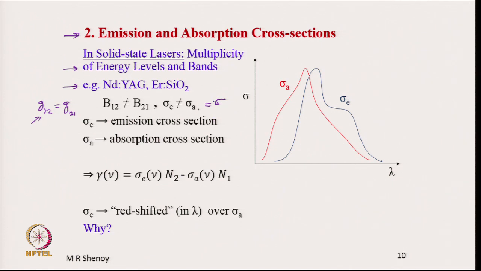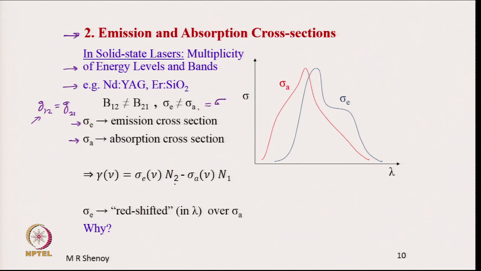But now we are saying that in most of the solid state lasers, where the energy levels are not discrete non-degenerate levels, we have sigma E different from sigma A. The emission cross section sigma E is different from the absorption cross section, and we designate them as sigma E and sigma A. In that case, we will get the expression for gamma of nu as sigma E of nu